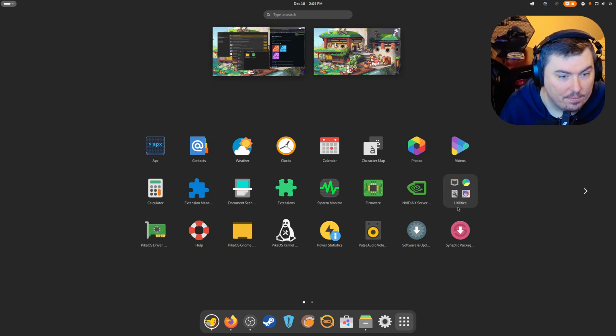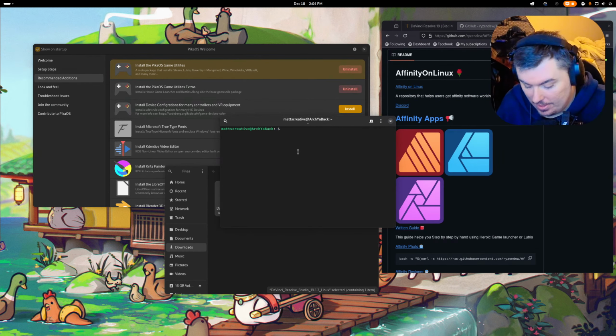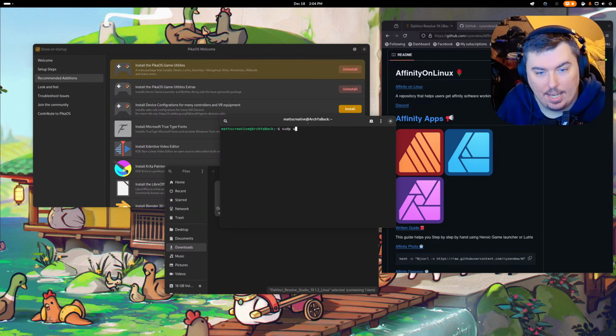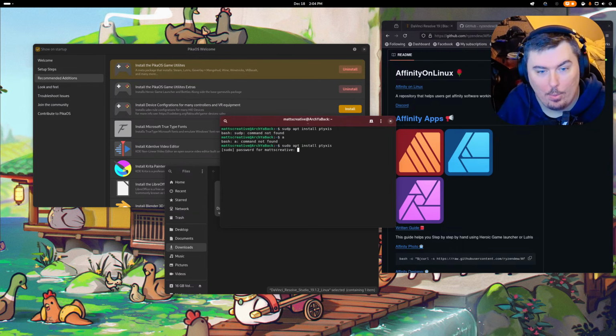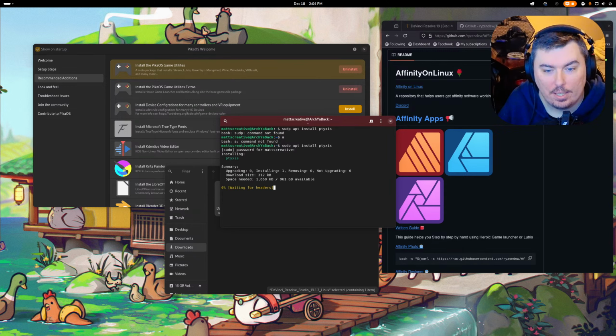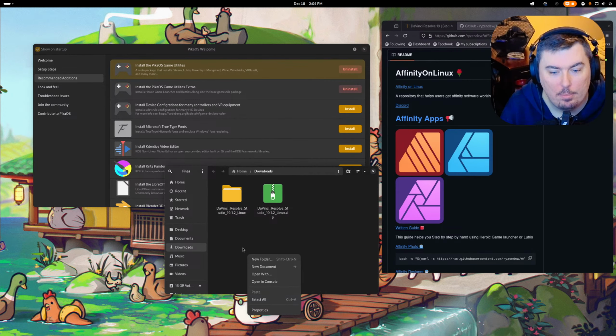Okay. I need to find the terminal here. Ugh. It's Console. I don't like Console. Sudo apt, I said apt install. PikaOS. Ugh, not you again. I said sudo, not sudo p. All right, there we go. So this is the terminal I use. This is Ptyxis. This is what I'm calling it, even though it might not be it, but it's still what I'm calling.